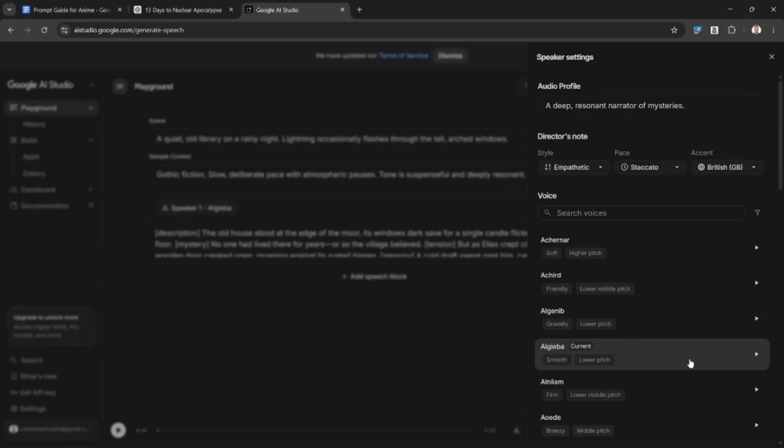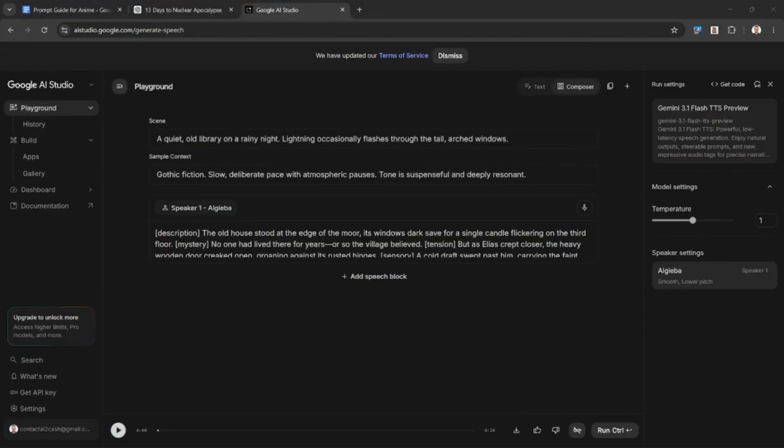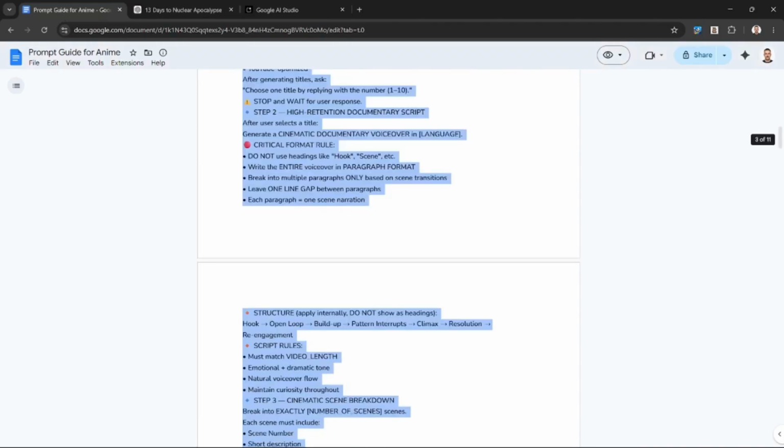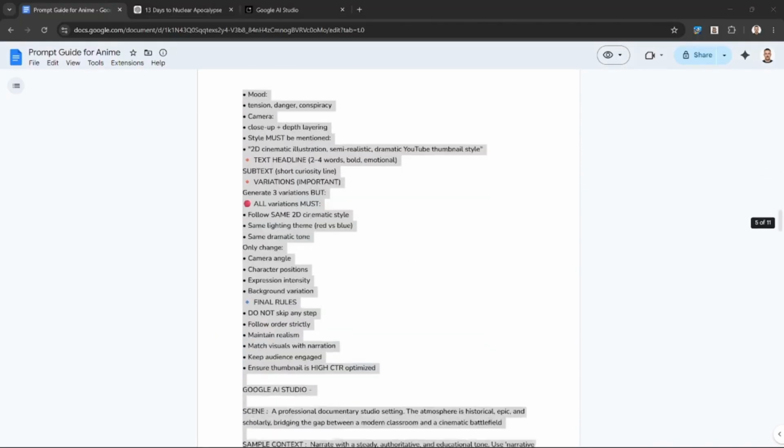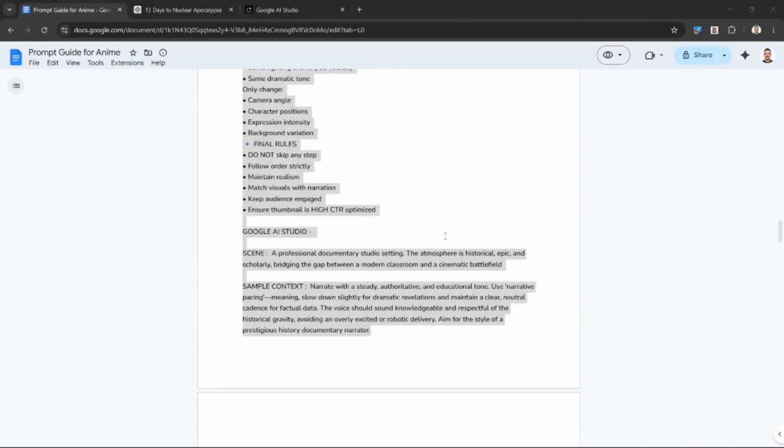Adjust the pacing for shorter, more natural sentences. Then pick a voice model that feels right to you. Now here's where most people mess up. They skip scene context and sample context. Huge mistake. If you want your AI voice to actually sound human and pass YouTube's monetization checks, you absolutely need